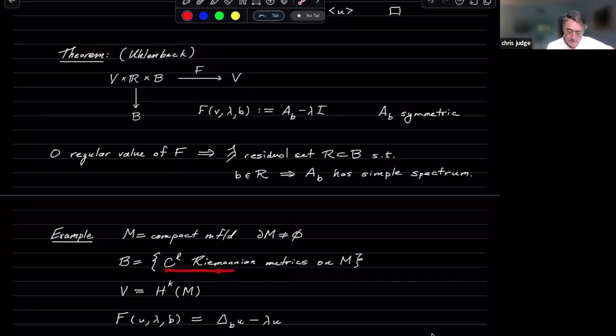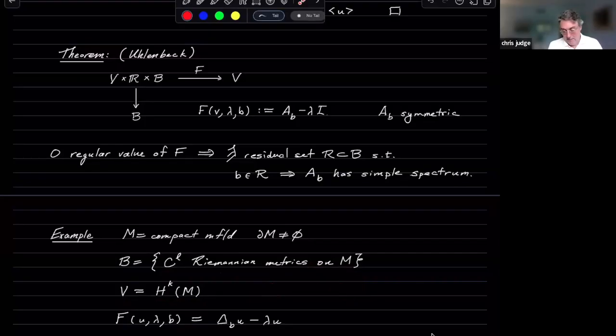Look at B as all the Riemannian metrics on your compact manifold. And you want to use V to be some Sobolev space. Of course, again, you might want to think about a V prime in your domain where V prime is equal to H^(k+2). I'm going to add some regularity on your domain space, but that doesn't